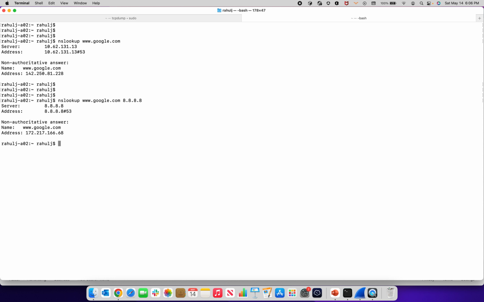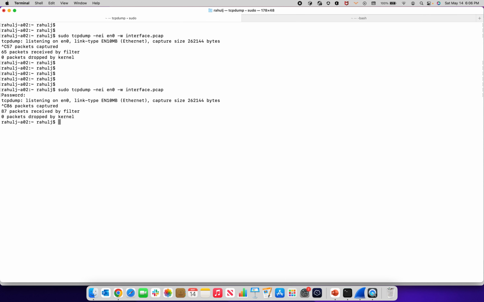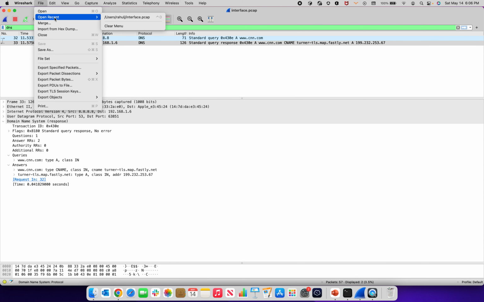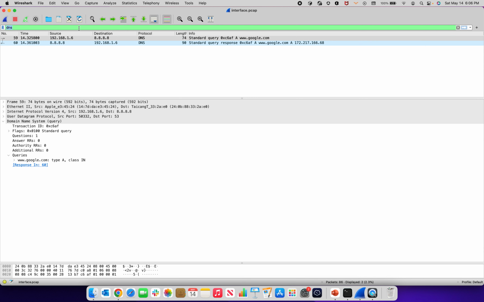Okay, so as I've changed the server to 8.8.8.8, look at this, you receive a different IP address, because the Google server is available on multiple IP addresses. So this time you receive a different IP address. Now what I'll do is I'll stop this packet capture on the first window and then decode this packet using the Wireshark utility. So if I go here, open the file again, then apply the filter DNS,